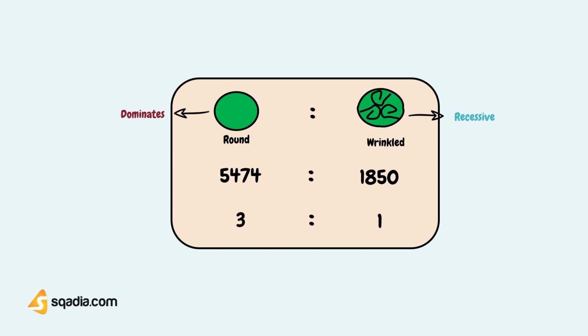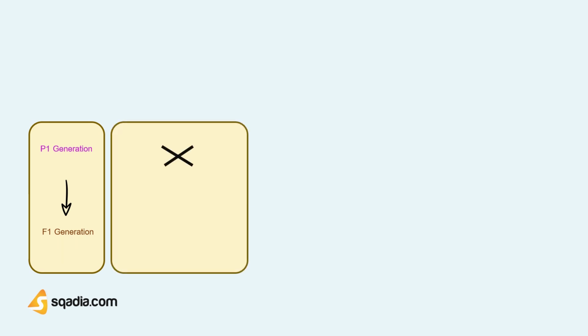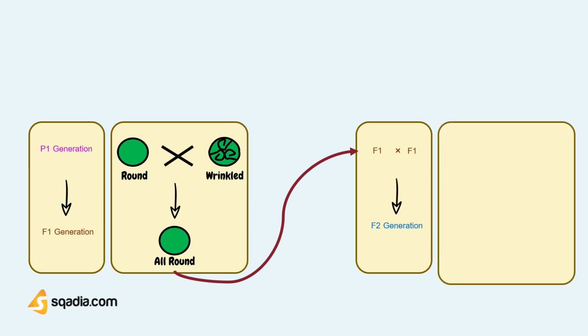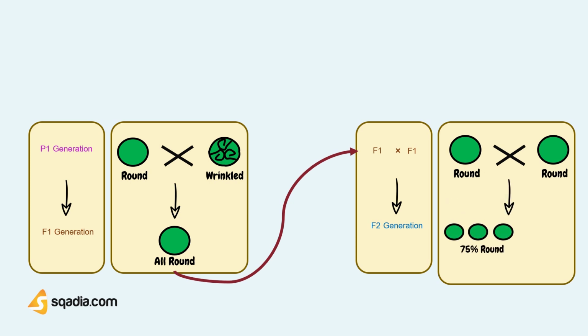Let's understand this. The parental generation is denoted as P1 generation. The offspring of P1 generation are F1 generation, called the first filial. The cross of parental generation, that's round and wrinkled seed, results in all round seeds. The cross in F1 generation produces F2 generation, called the second filial. So, the cross of F1 generation, which is between round seed and round seed, produced 75% round seeds and 25%